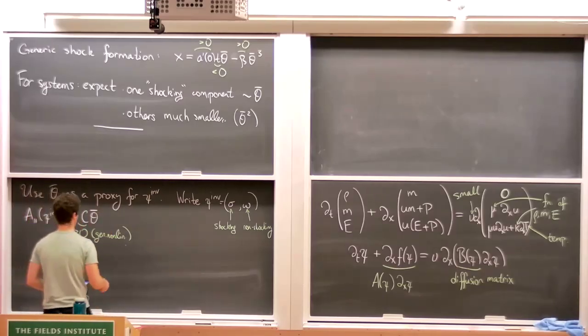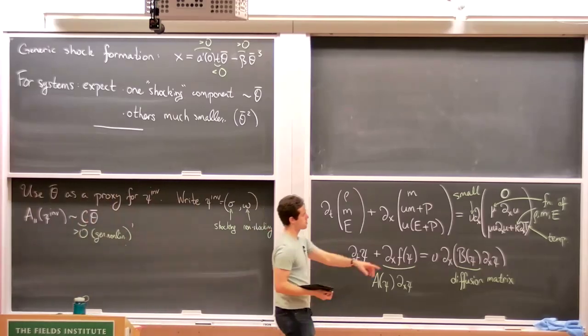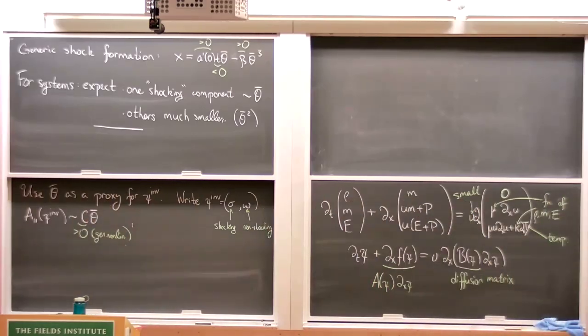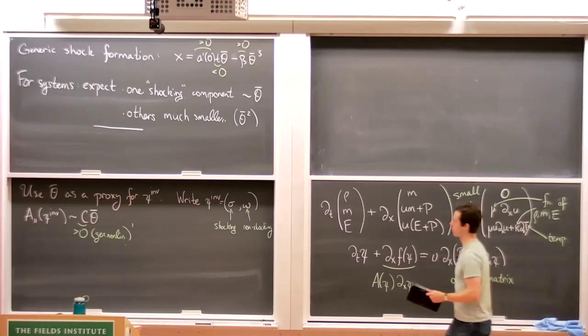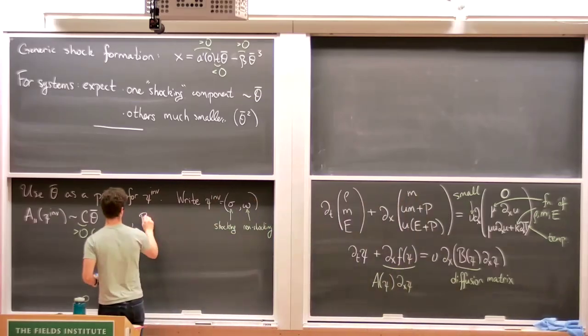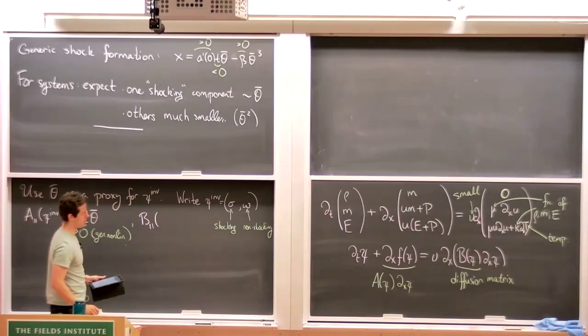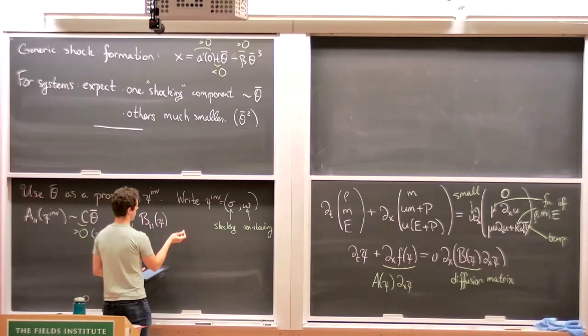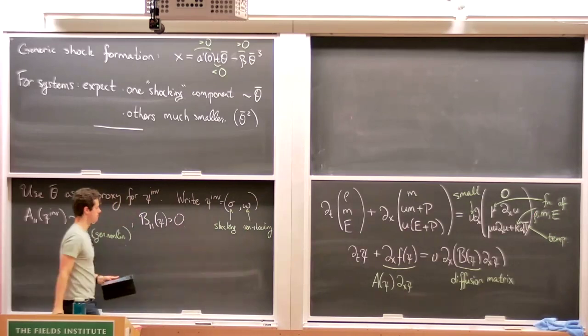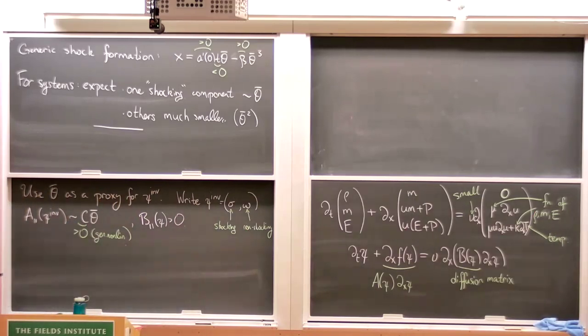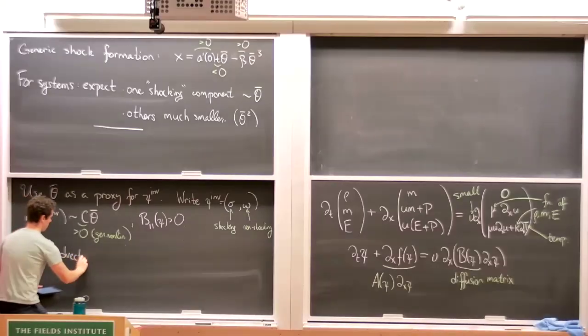And similarly, by this assumption over here, that B acts non-trivially on the right eigenvector corresponding to our shocking characteristic, B11, the action of the diffusion in this shocking coordinate, is some positive quantity close to the origin, bounded away from 0. So to balance the advection term with the diffusion term,